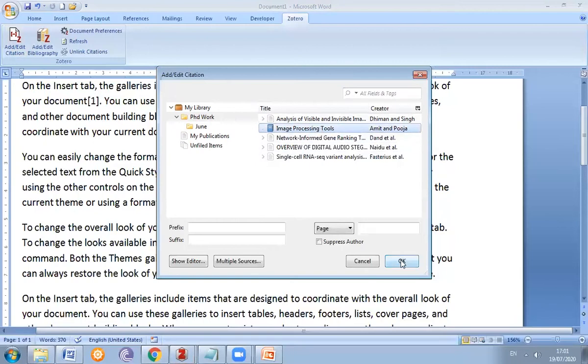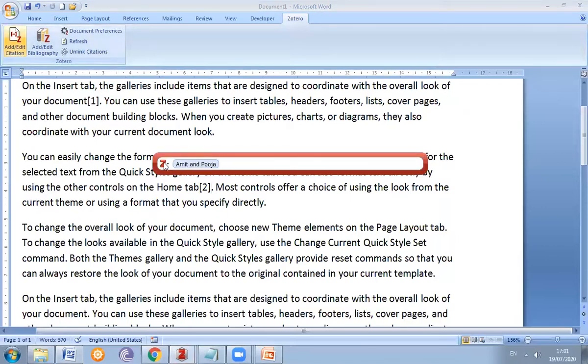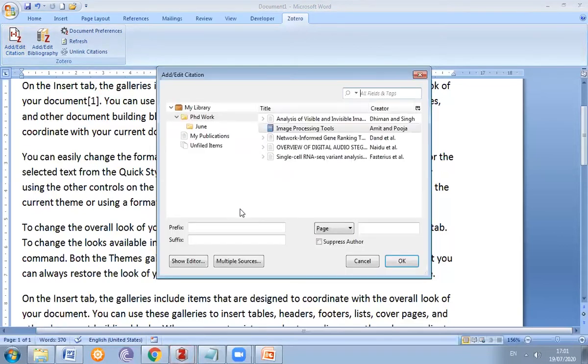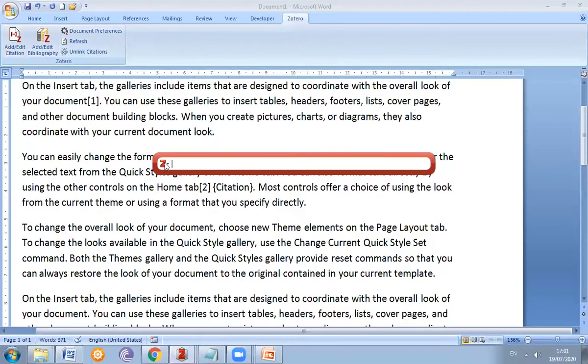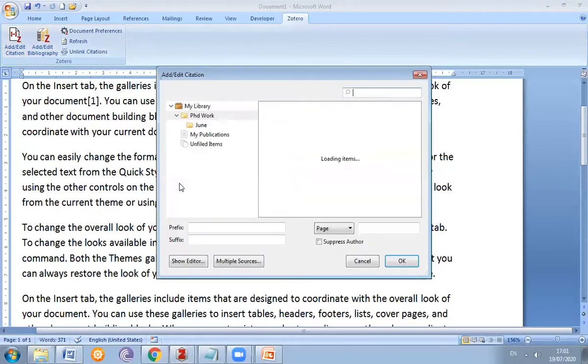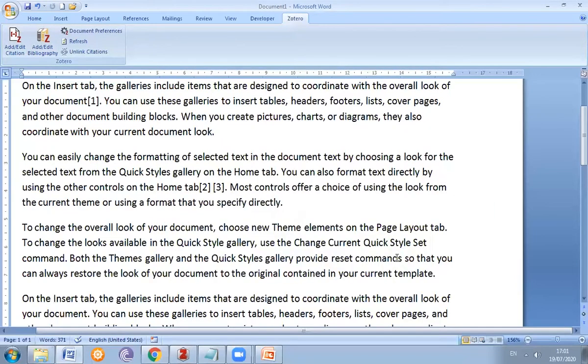Then we add another citation also, analysis and visible images, so you just check how we add two different references in the same place.